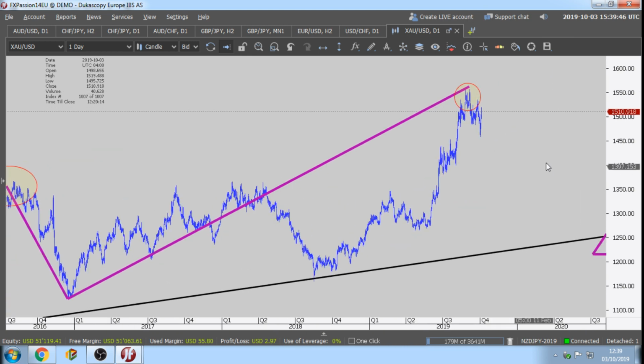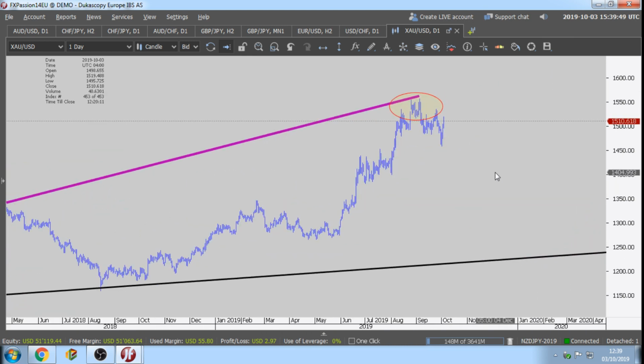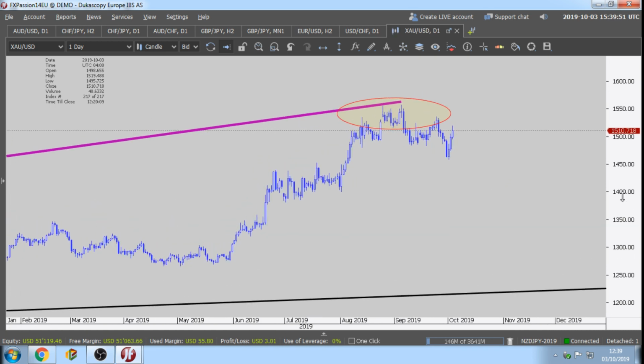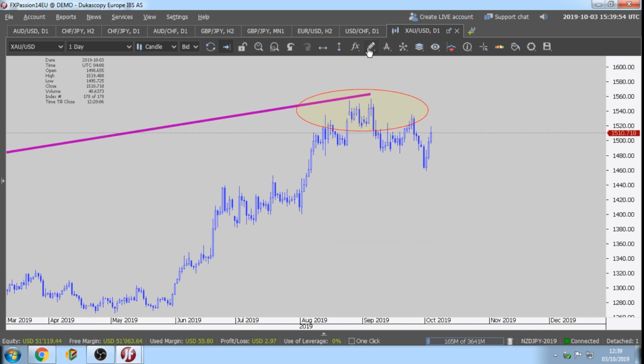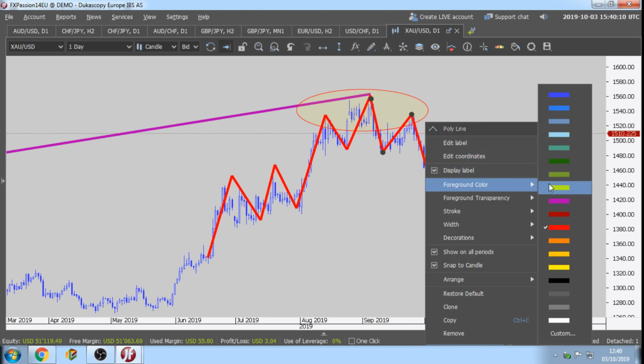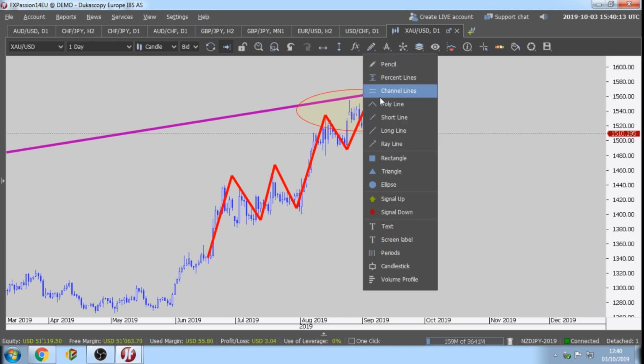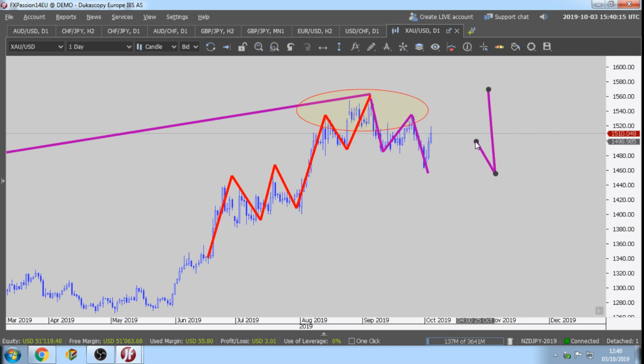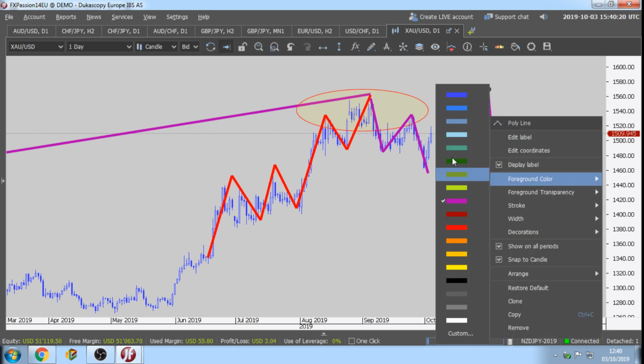Now, short term. This is the daily chart. What can you see, everybody? What are we seeing? The market is making higher highs, higher lows, higher highs, higher lows, higher highs, higher lows, higher highs, right? And then, what is it making? Lower lows, lower highs, lower lows. So short term, the market is falling, right? Short term, the trend is down on gold.